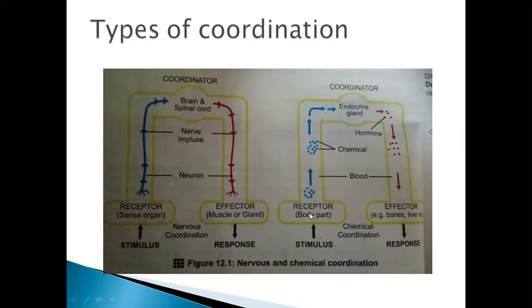Receptor, body part, stimulus, any change. When the receptor cells in your body, the blood cells, feel any change, like if they feel that there is a high level of sugar in the body, what happened? The blood gives a message to endocrine glands: the sugar level is rising. So endocrine glands, they read this message and give response through these effectors. They send a message to the pancreas cells, not the liver, to maintain the sugar level, and hence the response occurs. It was all about the nervous and chemical coordination.